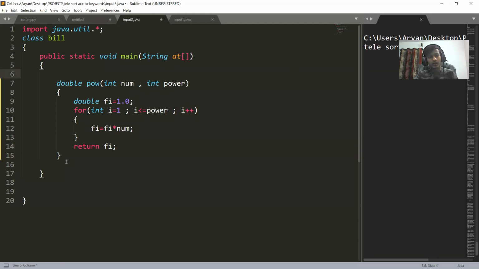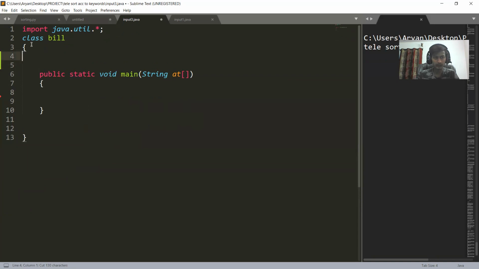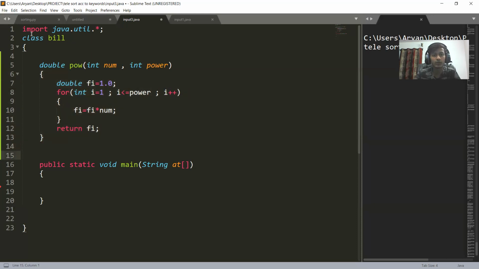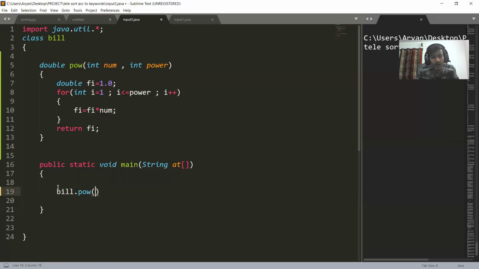Now we have two things. You all saw that we created this function, and it is not created in the main class. First of all, we create this function separately, like main is also a function. When I was teaching you main, I told you that the sequence in main is the only one followed. So we create a function here, but when we call it, suppose I call it using bill.pow and pass it 5, 6. I can only pass integers because the data types of the parameters here are integer.